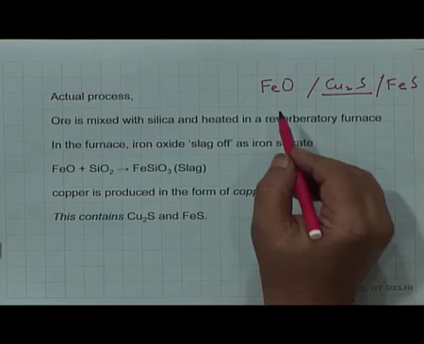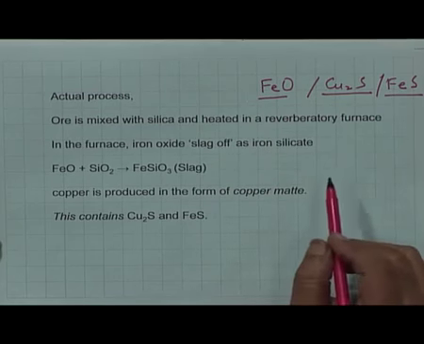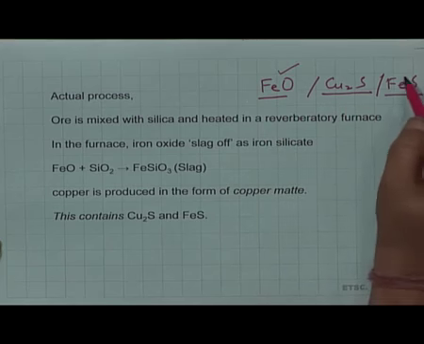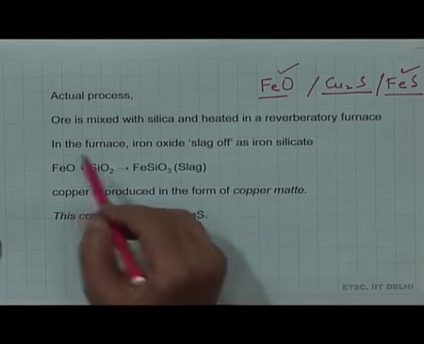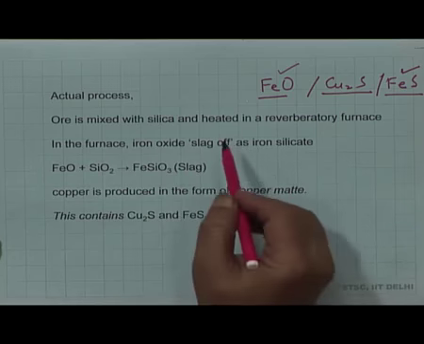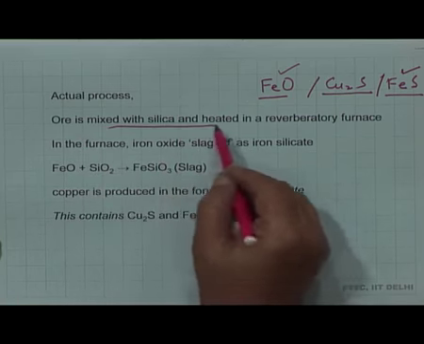So, we have to handle iron in two steps. In one step we will handle iron oxide, in the second step we will handle iron sulphide. What is done to handle iron oxide is the ore is mixed with silica and heated in a reverberatory furnace,